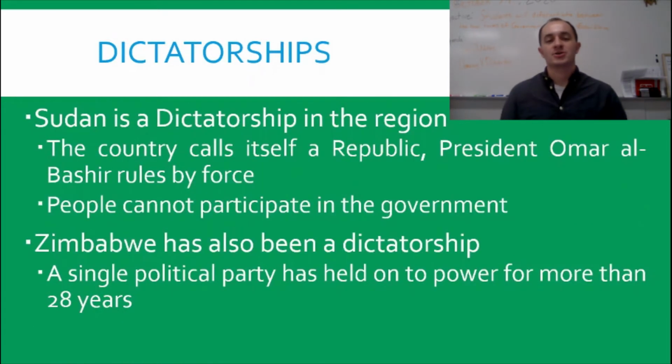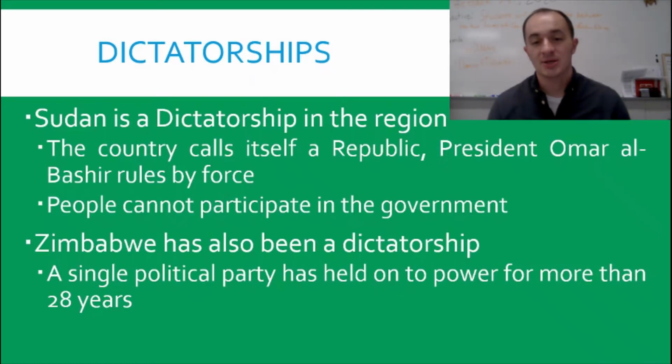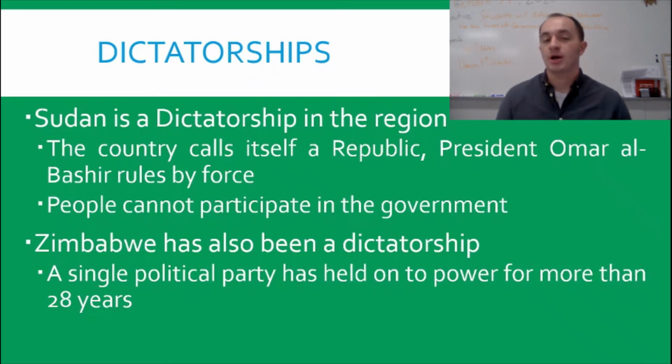So now talking about our second one, dictatorships. We see a bunch of different kinds of dictatorships in the area. One example is Sudan. Sudan is a dictatorship in the region. The country calls itself a republic, as they have a president and an elected official. However, President Omar al-Bashir rules by force. People cannot participate in the government, and they are forced to be